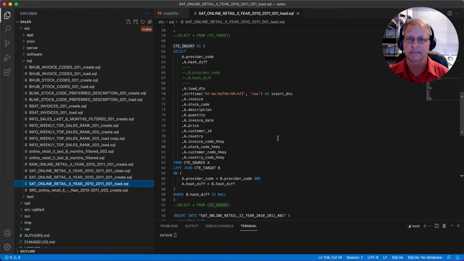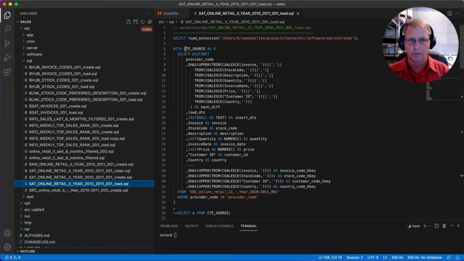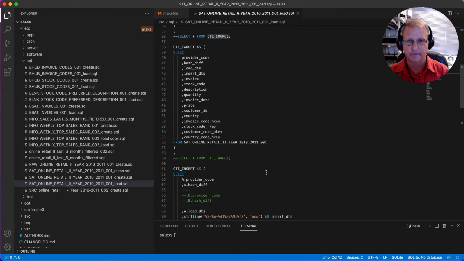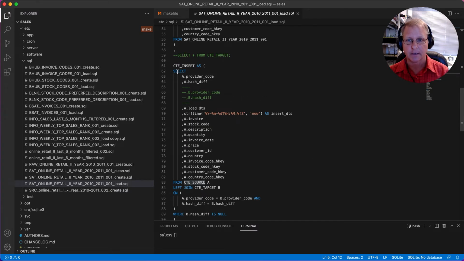This is a little bit more complicated. In order to make the code more readable, we're going to use what are called common table expressions to break up the code into logical, understandable bite-sized chunks. So when we're talking about loading data into a database table, we're going to use a pattern: a source, target, and then an insert pattern. So the first query we want to talk about is what's our source file. Let's get that set up the way we need it to be set up. And don't worry about the structure here. We've got some data vault specific things going on. Then we have our target, which is pretty straightforward. And then we have our insert statement,